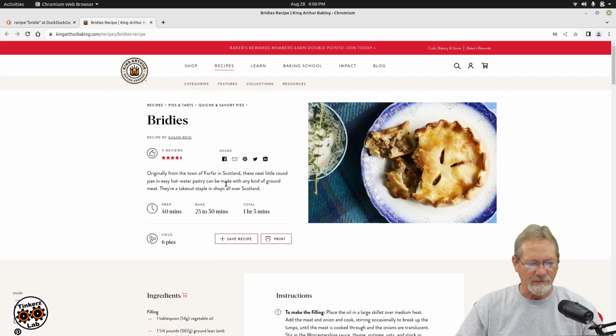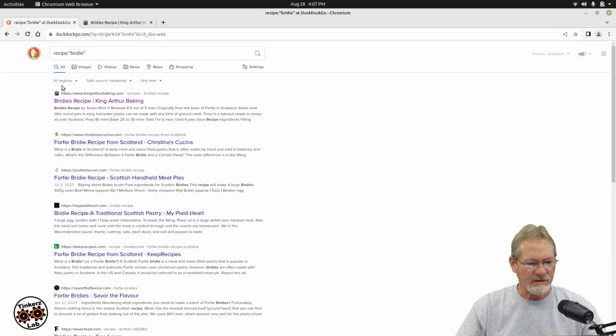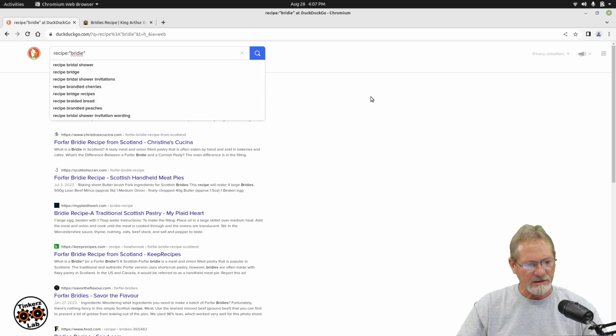Here we go. Originally from the town of Forfar in Scotland, these neat little round pies and easy hot water pastry can be made with any kind of ground meat. They are a takeout staple in shops all over Scotland. Actually, anywhere in the UK that I have been in, just about every restaurant offers meat pies. And they're absolutely delicious. So yeah, you can print this one out, or we can actually go in and let's look for